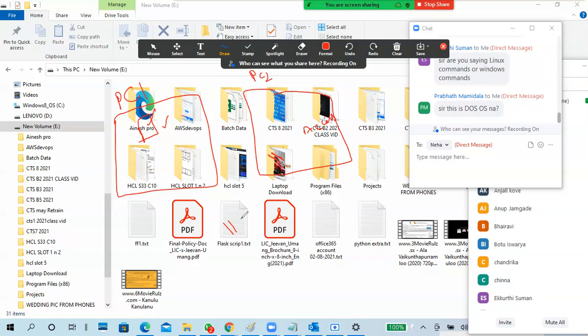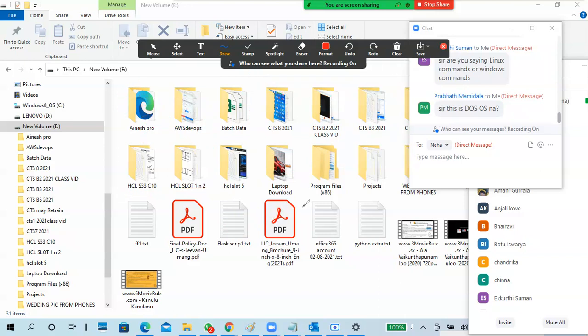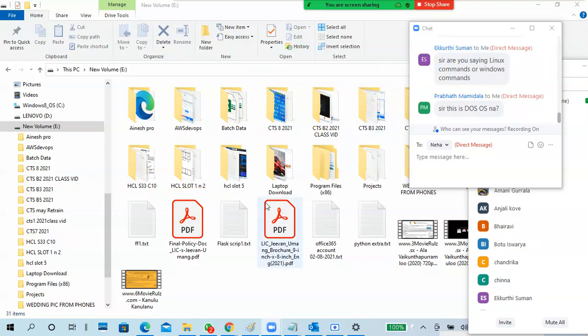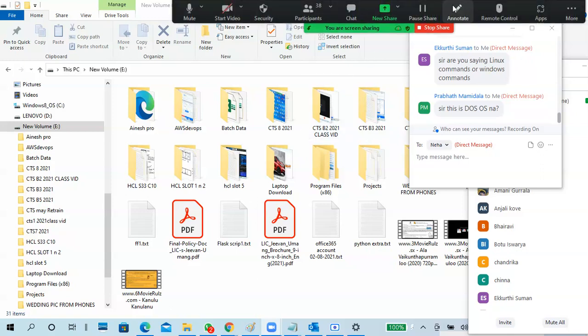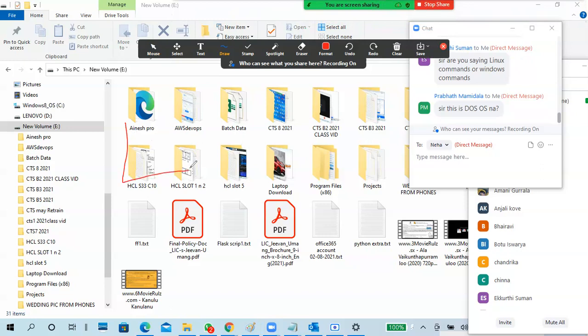So here the PC needs the IP address. What is the difference between sharing and giving access? You shared means you shared the data from PC1, your PC.